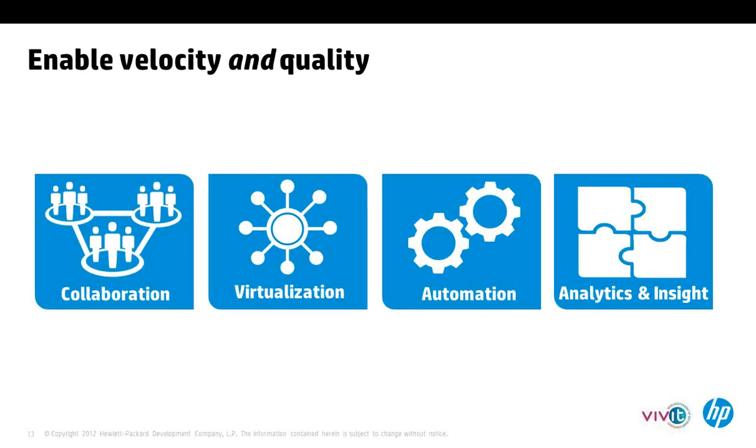So to address the impediments caused due to the silos in the organization, what we really need is collaboration between teams and enable teams to come together to share information and have access to a common version of the truth so that the efficiencies can be gained in this process.